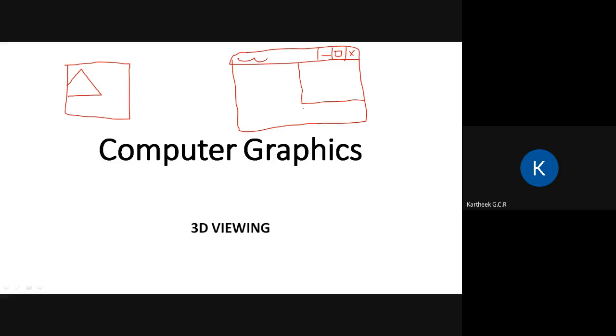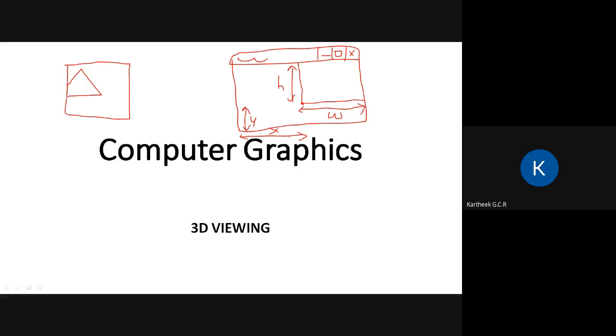The first 2 parameters will be the position of the left bottom corner of this viewport with respect to the display window's left bottom corner. This is X and this is Y. Then this is W, this is H. These 4 parameters are needed to define a viewport, right?